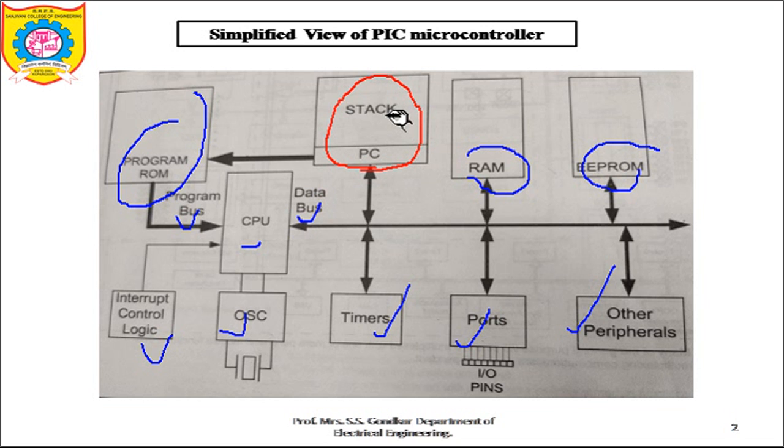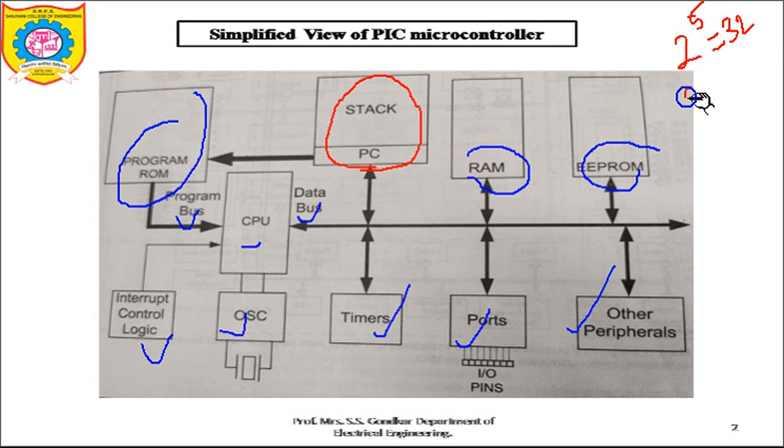So basically the stack is called a temporary memory, and usually to point the stack we need a stack pointer which will be of 5 bits. That's the reason the stack pointer addresses which we are going to have is 2 raised to 5. 2 raised to 5 is equal to 32.